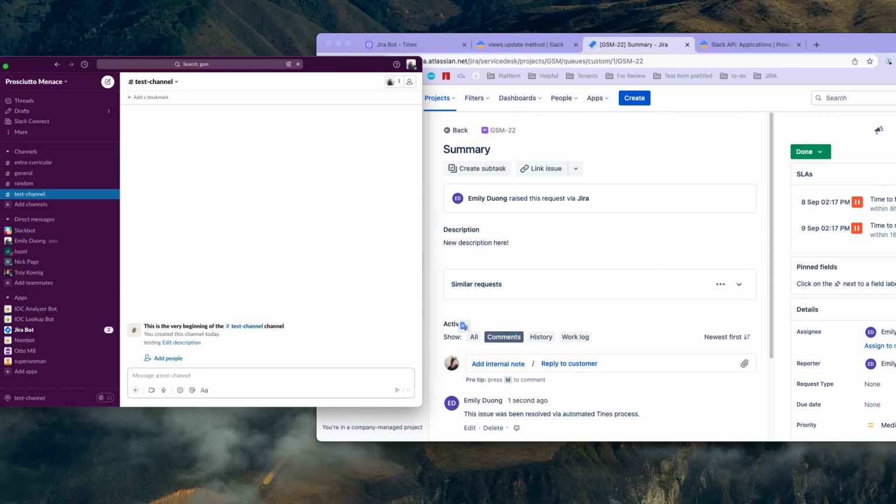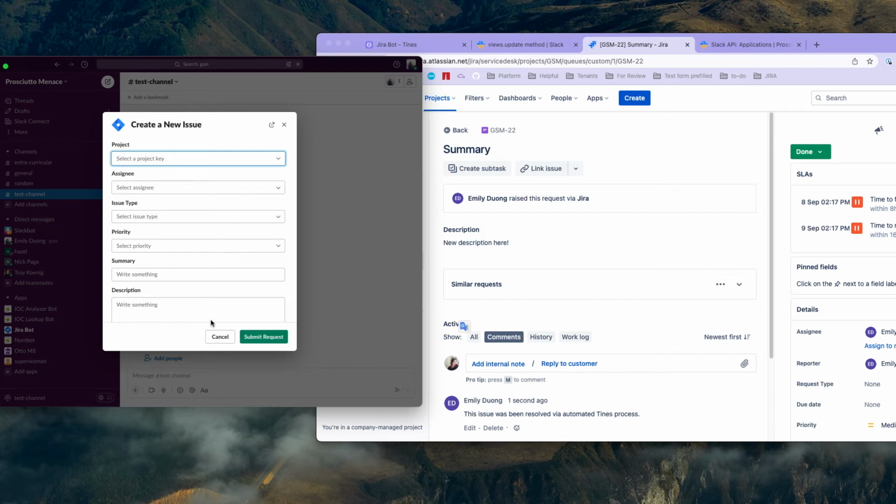Slash create, and this is the shortcut that I was talking about as opposed to the slash command. So this is an example of how it pulls all of the projects, not just one. We only had one earlier because we didn't want to move it. We only wanted to have that single project available. All right, so I'll just choose this. So assignee, issue type, priority,